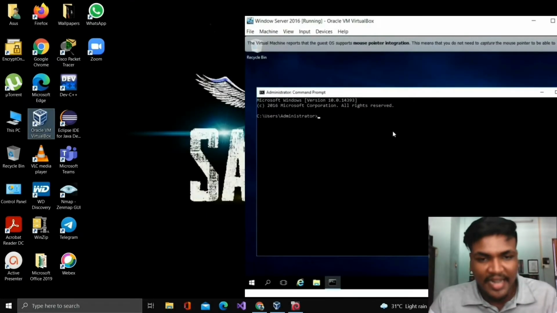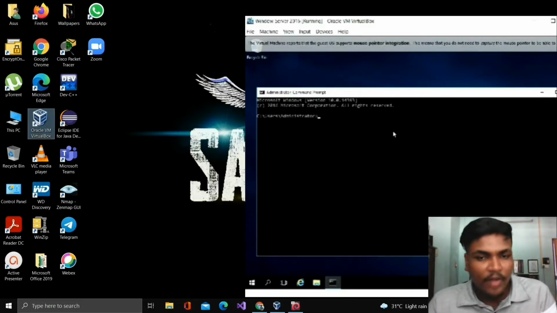Let's get into the next step now. For the practice, we need to enable the audit policy that has been listed in the system category.